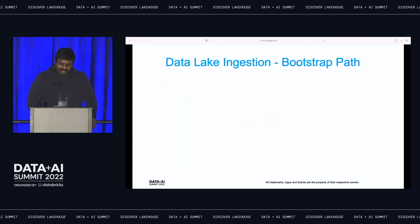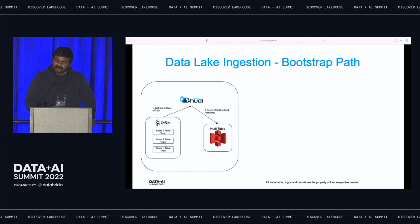So the bootstrap path is actually a sequence of 3 different steps. In the first step, the Delta Streamer automatically keeps track of the current state of the incremental ingestion. It needs to record from where it has to start once it switches to incremental ingestion. So once we record the timestamp and the checkpoints from where we need to consume,